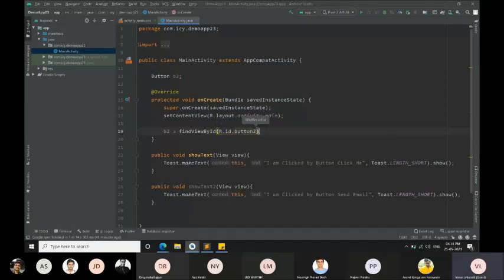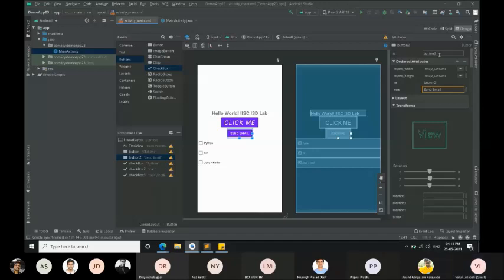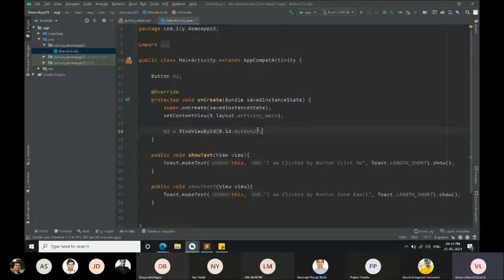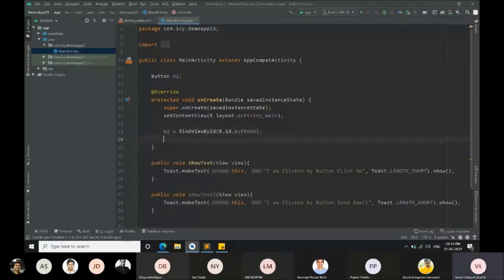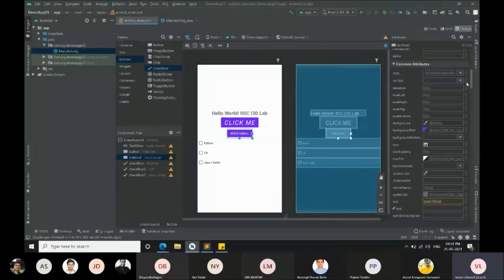How can I know its ID? As we know here, if you click on this send email, on the top it shows the ID of the button as button 2. So this button in this layout file can be linked to this activity by just this small function, find view by ID. So the basic method we all use is very simple. One is to use the on click. So just come down and go to the on click and just select the function you want.